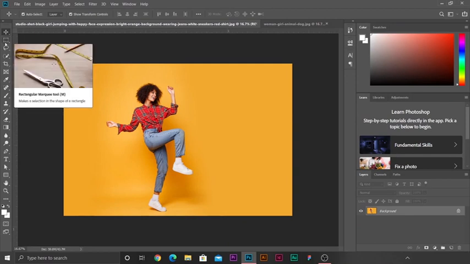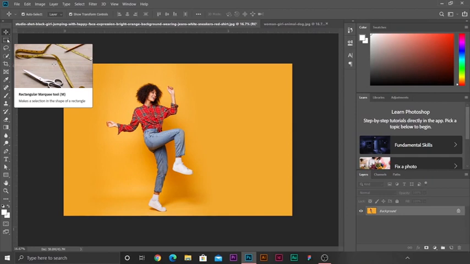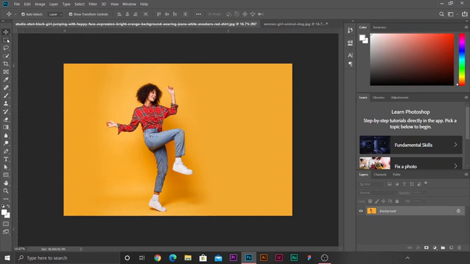The first tool is the rectangular marquee tool. In this version of Photoshop, once you hover your mouse on any of the tools, it gives you a brief definition of what the tool does. As we hover our cursor on the rectangular marquee tool, it instantly tells us that it makes a selection in the shape of a rectangle. That is why it is called the rectangular marquee tool. So once we click on it,